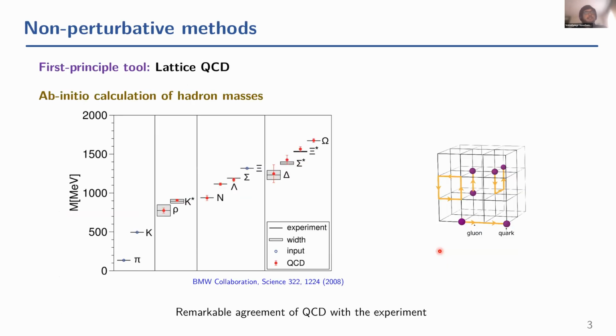First, we could ask a question: how far can we go from a purely theoretical point of view? Because QCD is a mathematically well-defined theory of strong interactions, and if we were able to solve the relevant QCD equations, then in principle we could answer all these questions. Of course, relying on the assumption that QCD really is the correct theory.